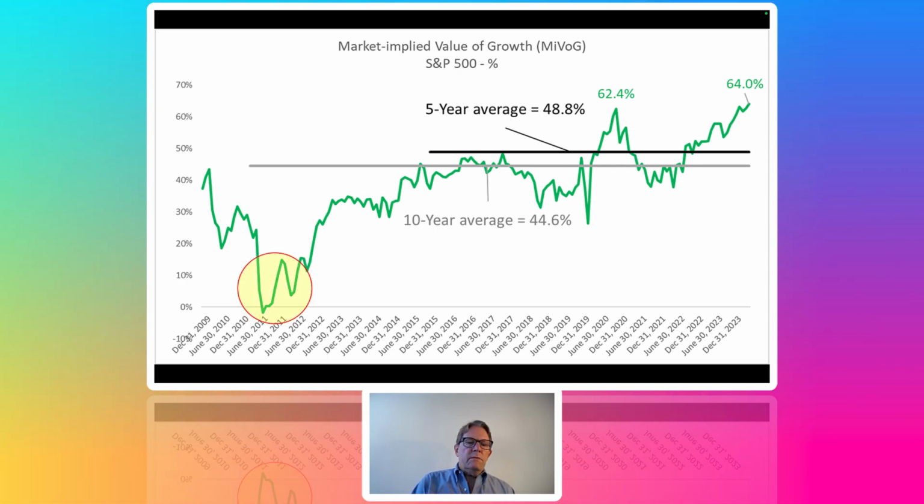All right, so there's what we saw earlier, the '11-'12 period, paying nothing for growth. Pretty amazing. And then this was the peak in 2020. The market hit an all-time high in October 2020. You see that. But what's interesting is we're actually higher now as a percentage of enterprise value. It's the highest it's been.